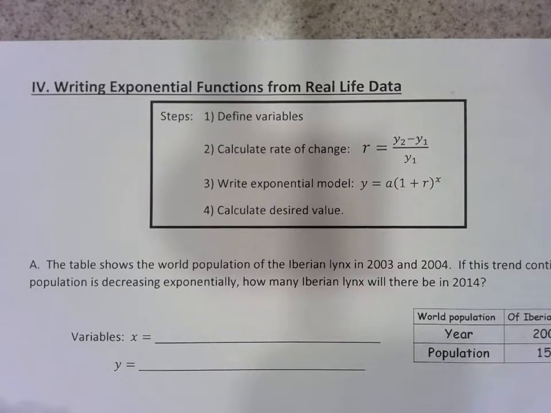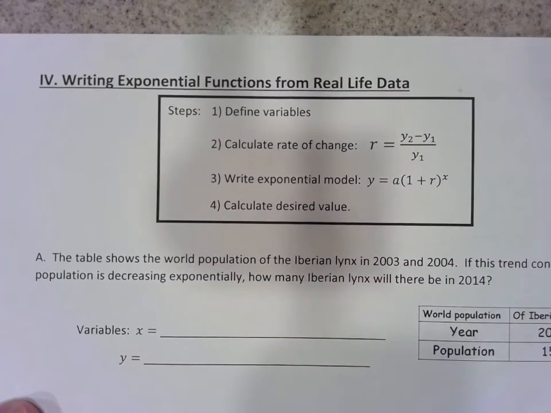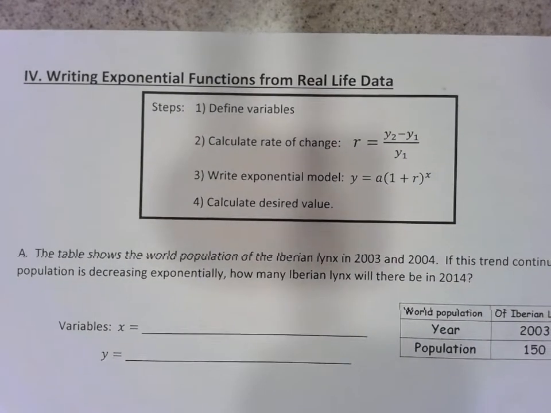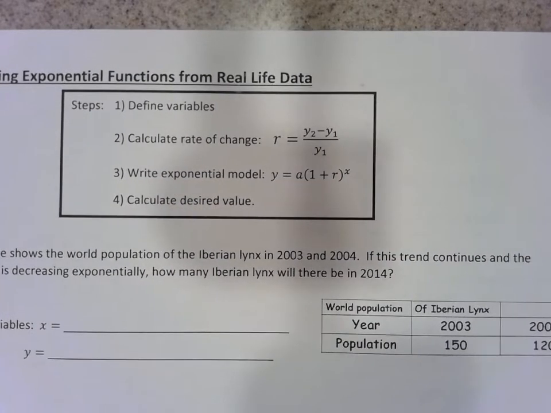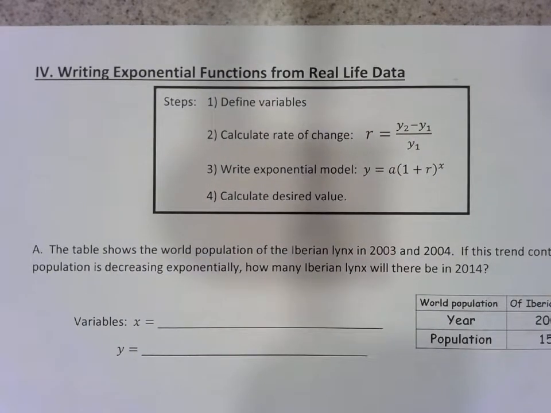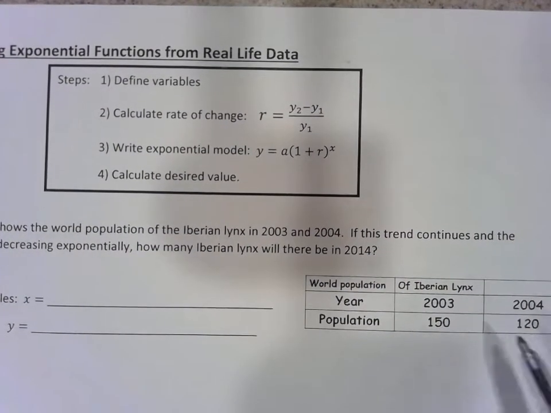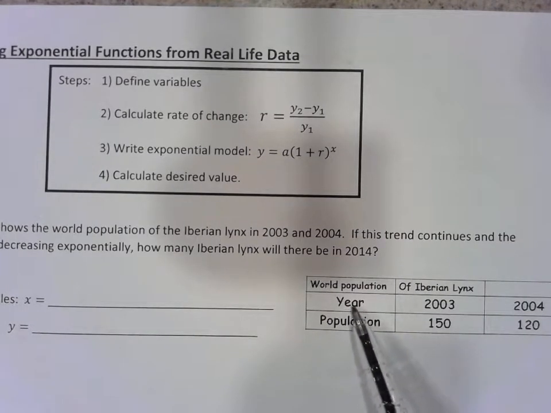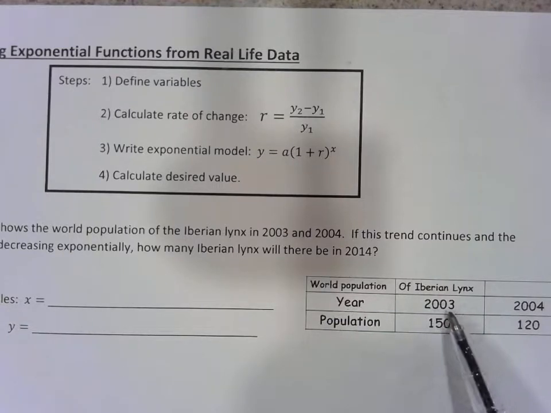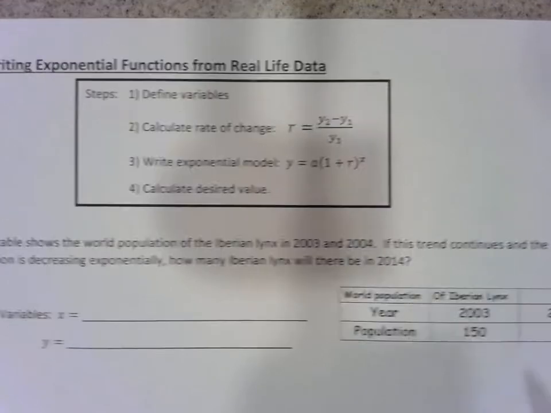So in A, the table shows the world population of the Iberian lynx in 2003 and 2004. If this trend continues and the population is decreasing exponentially, how many Iberian lynx will there be in 2014? So based on this table, the year, usually something related to time, is going to be the x value. Now that starts in 2003, so it'll be easier to calculate if we say the number of years since 2003. So as I define the variable,